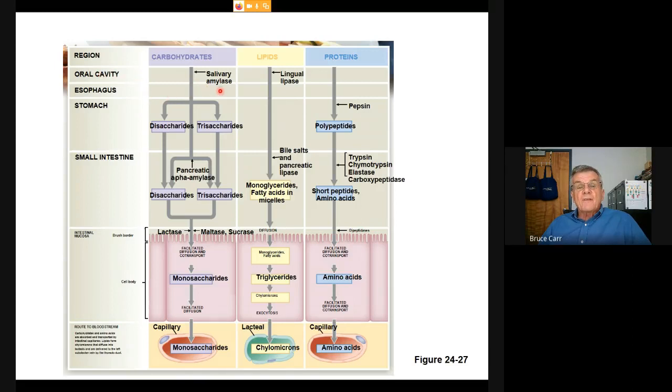Nothing except transport in the esophagus. And in the stomach, we're already talking about disaccharides and trisaccharides as that starch is just falling apart. In the small intestine, we get another enzyme called pancreatic alpha amylase, which is very efficient in breaking down these polysaccharide chunks. So we're still at disaccharides and trisaccharides, some monosaccharides, but at the brush border of the intestinal mucosa right here, we have specific enzymes like lactase, maltase, and sucrase that break them down to their components. They break them down to the monosaccharides that make them up. Largely glucose, fructose,